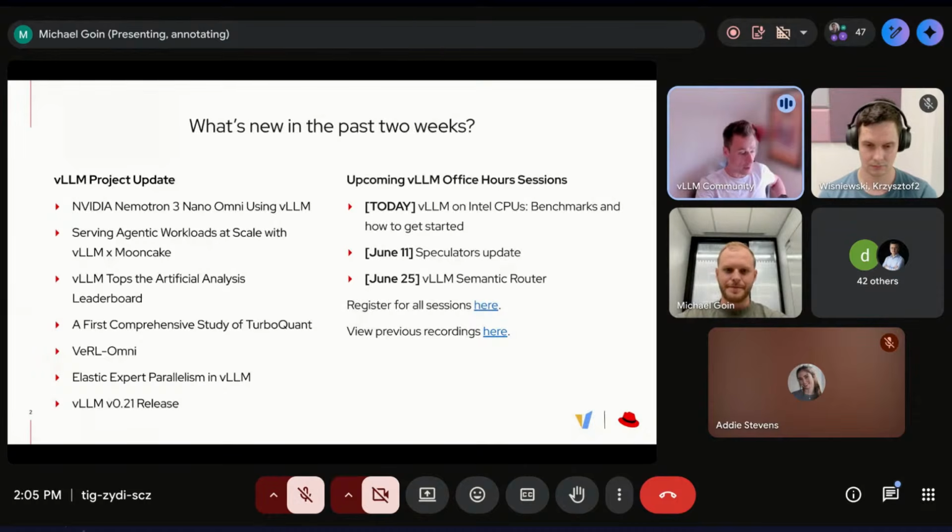And then on June 25th, in a month or so, Christopher Newland, who is our chief AI architect at Red Hat, will join and talk about the vLLM semantic router, one of his favorite projects. He'll tell you all about what this is and also show some actual enterprise use cases. I saw Christopher deliver this talk a few days ago at a meetup we had in Boston. It was very interesting how banks, for example, are using semantic router to keep private information local while using foundational models or the bigger closed source models for more tasks that don't require privacy. That was just one use case. I'm pretty excited about Christopher's talk.